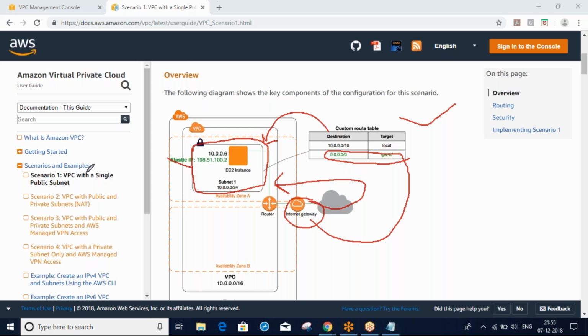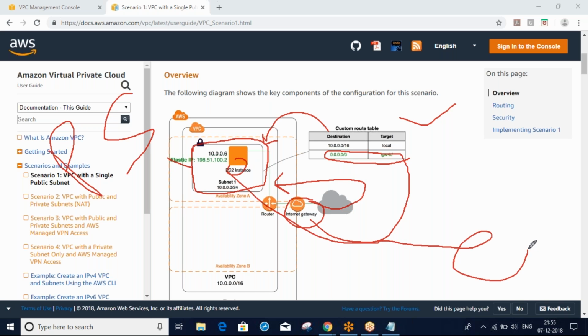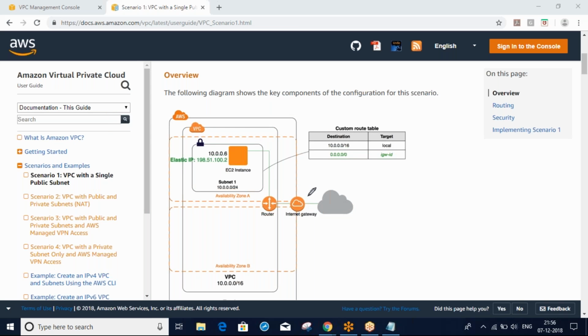Now it becomes a public subnet. Why? If we configure all these things, the server in this subnet will communicate with the open internet. So we call this a public subnet. Again, I will explain. Public subnet means